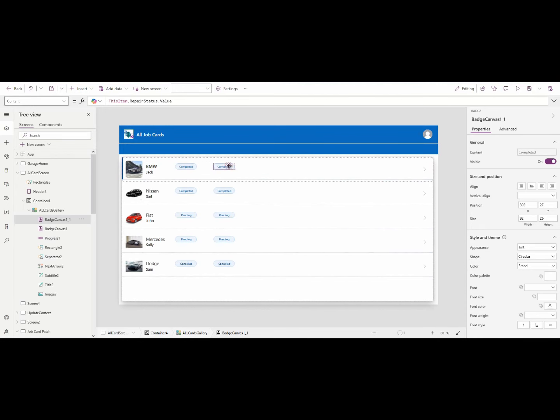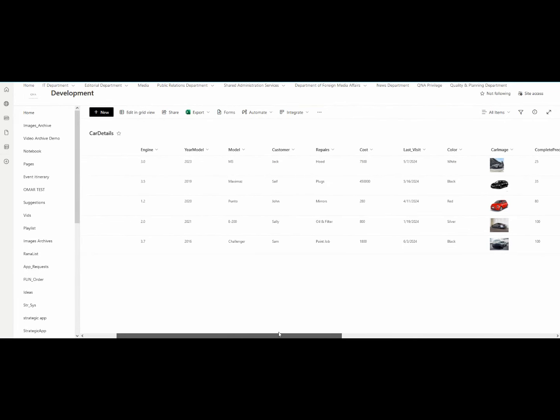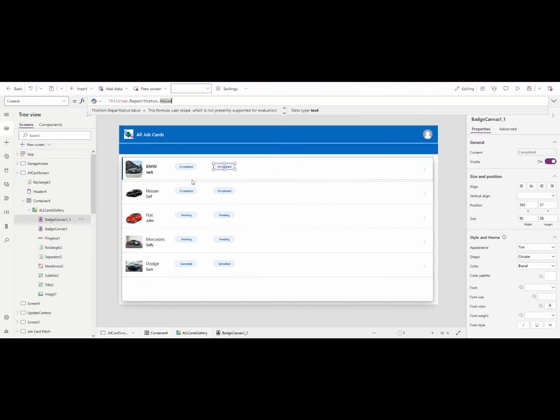another thing here, okay? As you said, if I want to make sure they are on the same level, so this y is 27, I will make this, okay, so it's 27, so nice. Okay, this one, let's add here another thing, let's add the model, and after that we add the year model. So here we will delete this one, so it will be this item dot model, okay, and I will copy it again and I'll paste it. Oh, I copied the text, okay, so I want to copy this one, copy, I paste,